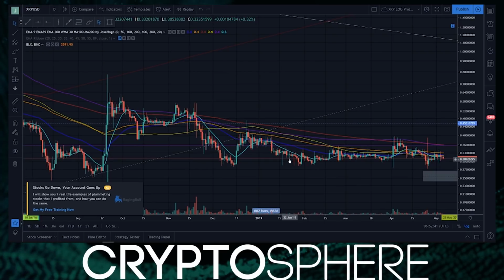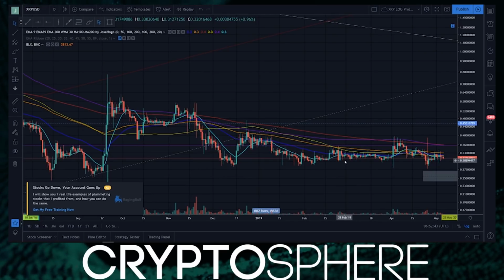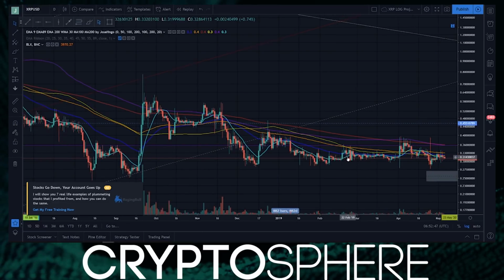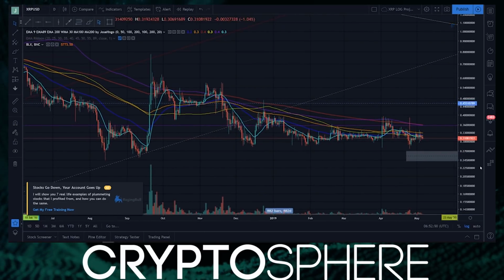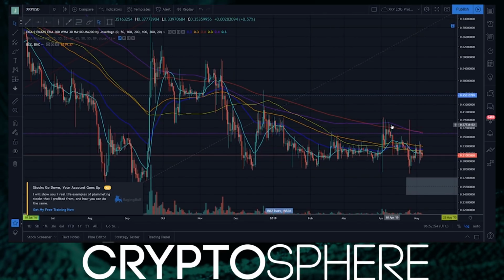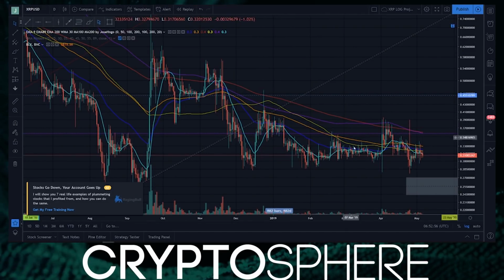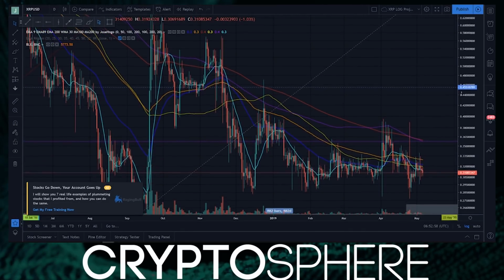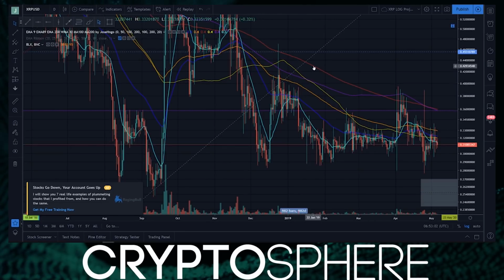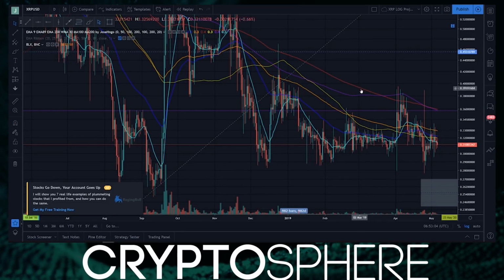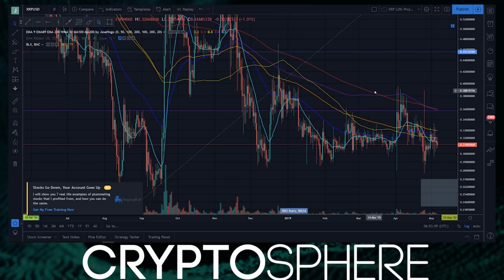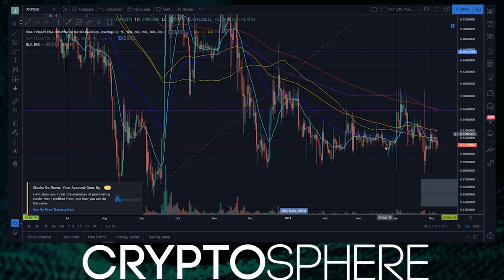And I even think we're going to see some more of this sideways action before we really see some action. Okay. All right. Now I'm going to actually show you today how it looks. Pay attention to this 200 EMA and the 200 simple. And then we'll just go by colors here.